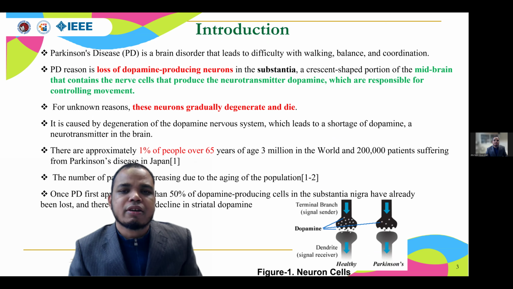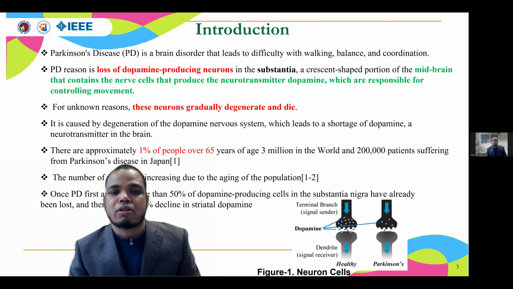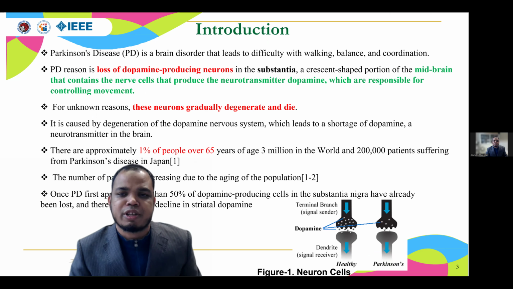As we know, Parkinson's is a brain disorder that leads to difficulty with walking, balance, and coordination. The main reason for PD is the loss of dopamine-producing neurons in the substantia nigra, a crescent-shaped portion of the midbrain that contains the nerve cells that produce the neurotransmitter dopamine, which are responsible for controlling movement. For unknown reasons, these neurons gradually degenerate and die. It is caused by degeneration of the dopamine nerve system, which leads to a shortage of dopamine, a neurotransmitter in